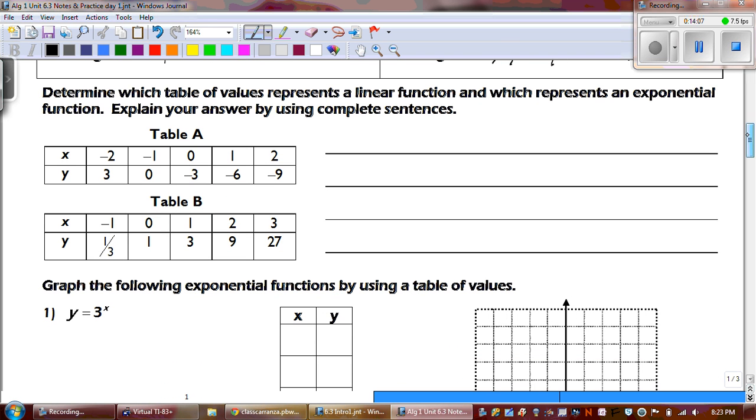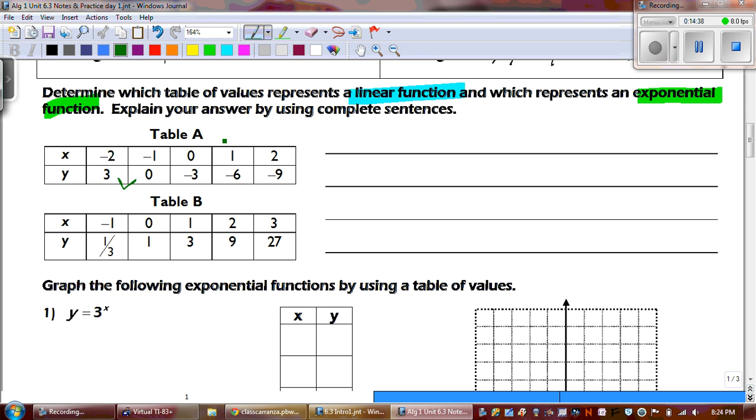All right, so let's take a look. Determine which table of values represents a, what are we looking for? Linear function, and which represents an exponential function. Explain your answer by using complete sentences. All right, so what we want to do is look at the y values and what's happening to them. All right, so for table A,